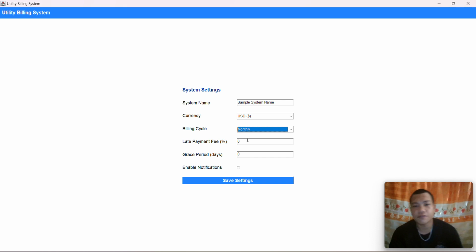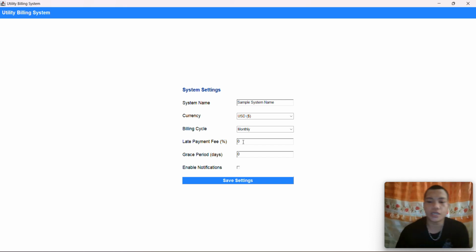Next is the late payment fee. You can enter here, for example, 10 days, 10% late payment fee. And next is the grace period days. The grace period days example is 5 days.